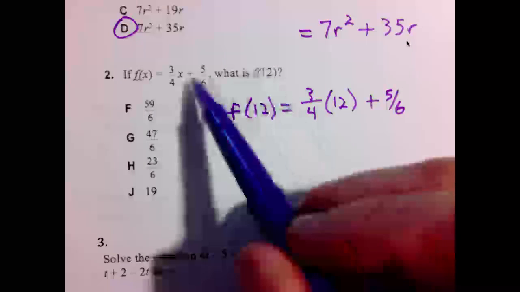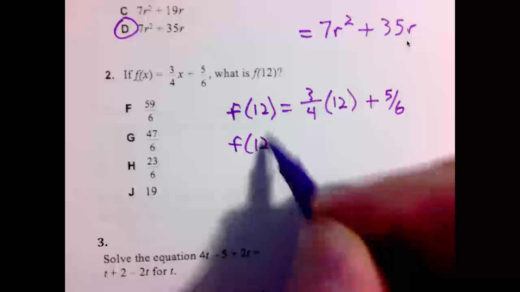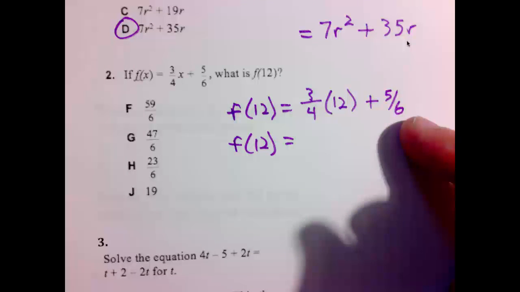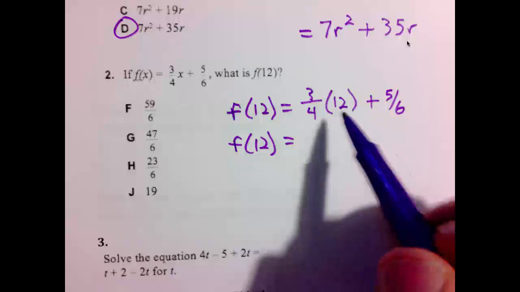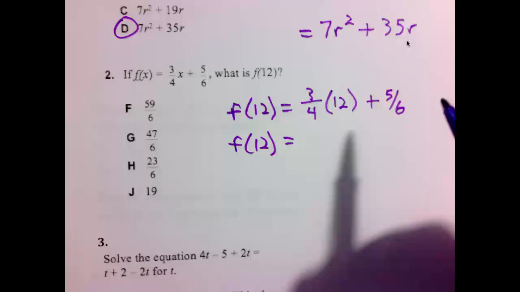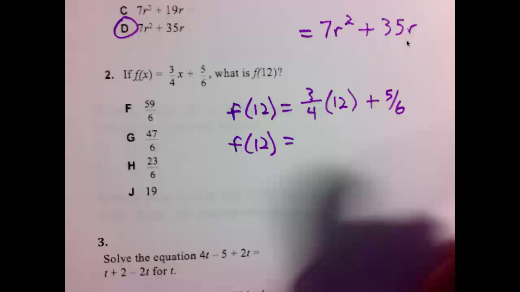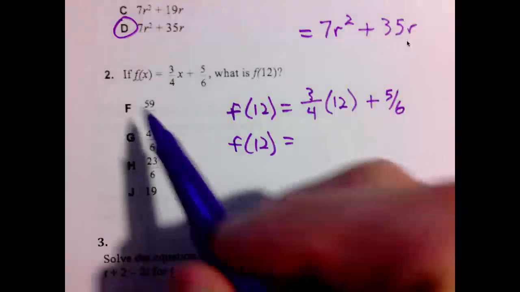I've substituted 12. Alright, so we say f of 12 equals, simply typing this in your scratchpad calculator, 3/4 times 12 is going to be 9. 9 plus 5/6 will be 9 and 5/6, 59 over 6. Number 2 is F,